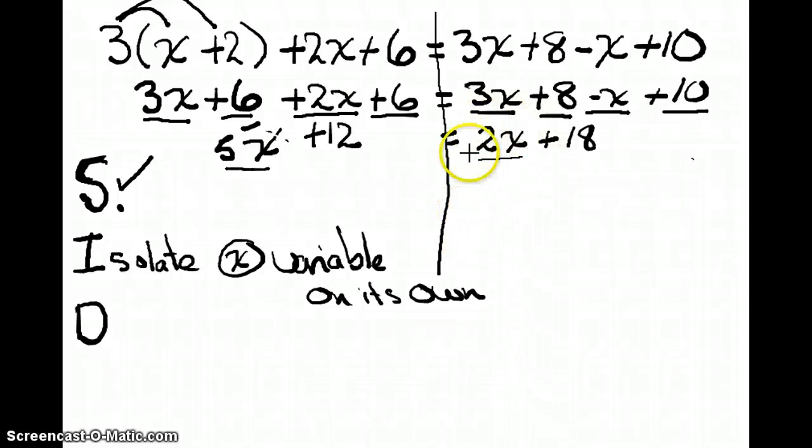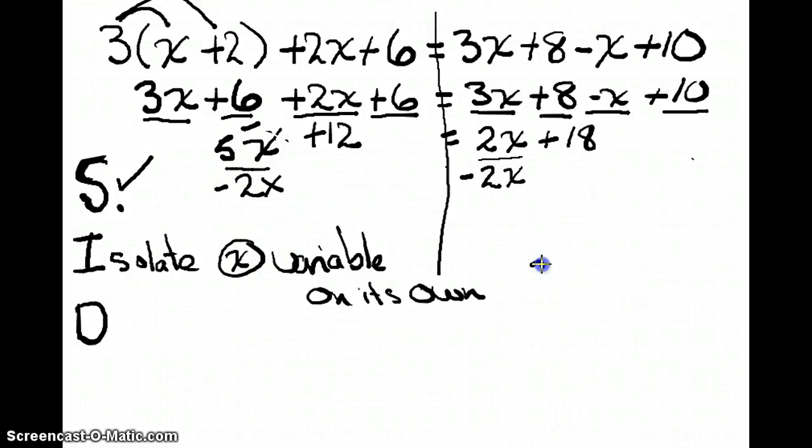So if I want to get rid of x's on one side, I have more on this, less on this, so I'm going to subtract 2x. Well, as we talked about in class, if I subtract one thing from one side, I have to subtract it from the other side. So in this case, I have 5x minus 2x,